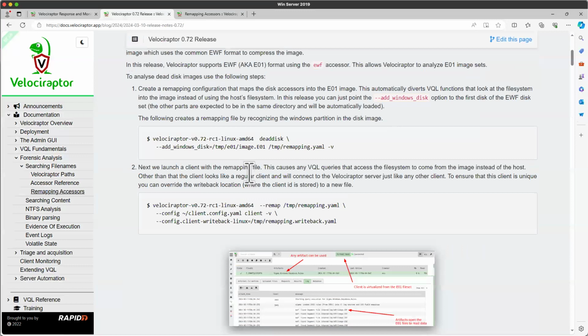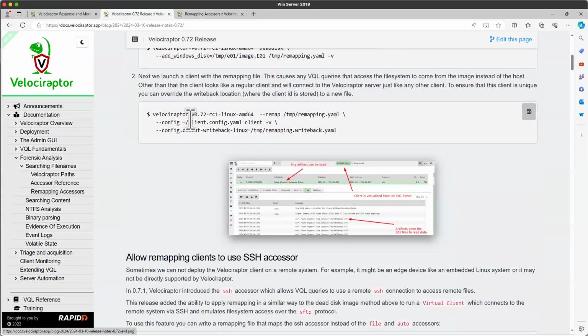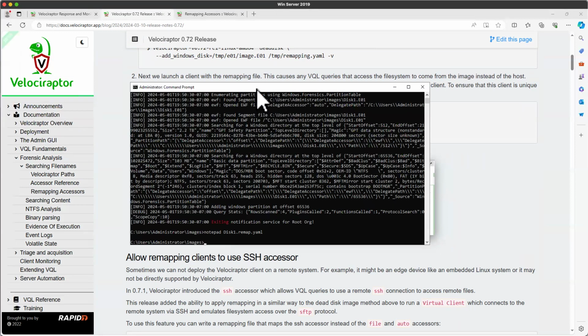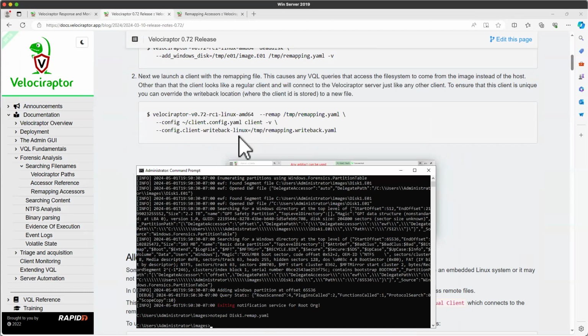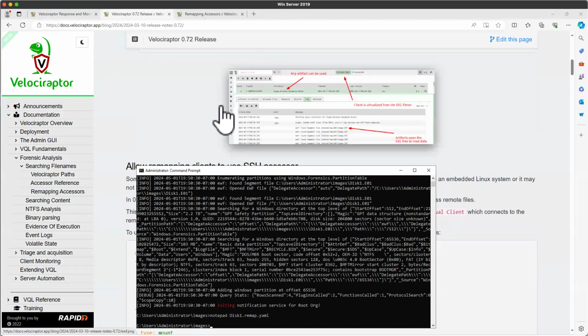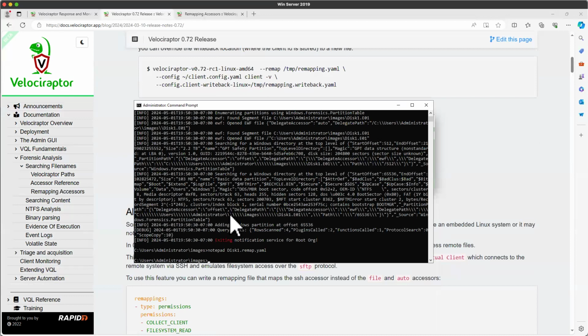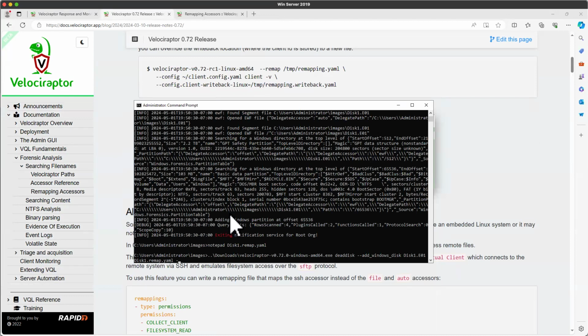And once we have created that remapping file, then we can launch a client against this server and tell it to use that remapping file so it can pretend to be running from that image. So the command for doing that is